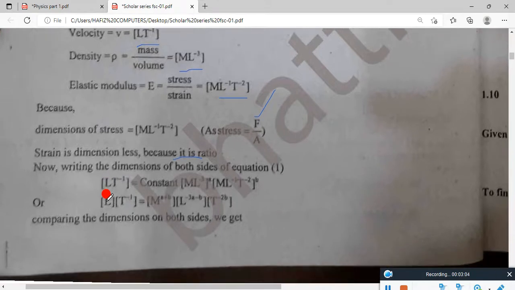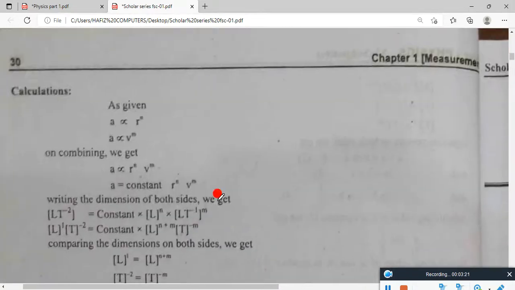Now writing the dimensions of both sides of the equation, LT^-1 is equal to M raised to the power a + b, L raised to the power -3a - b, and T raised to the power -2 times b. Comparing the dimensions on both sides,